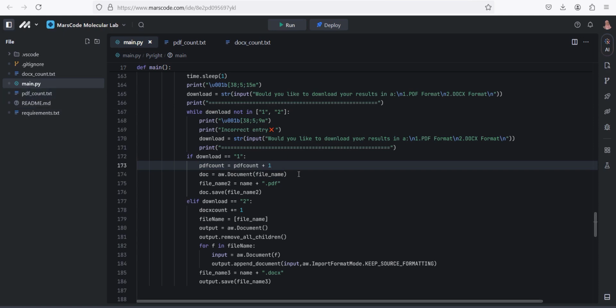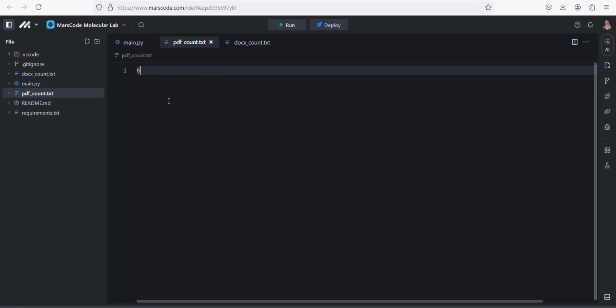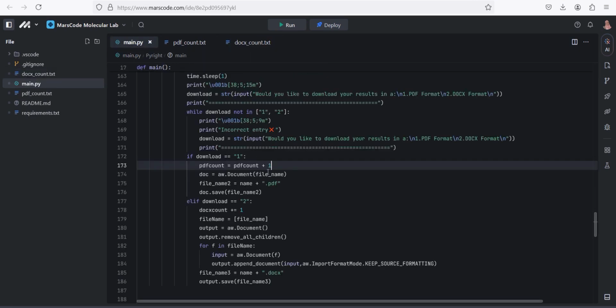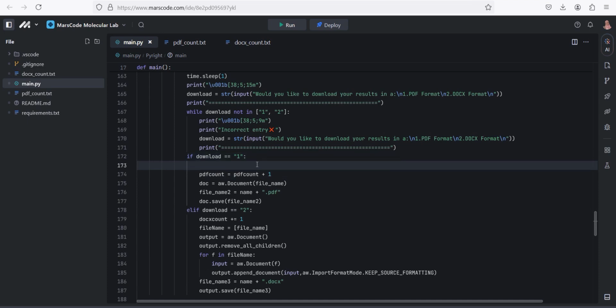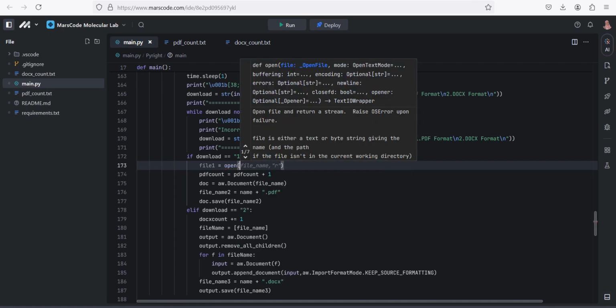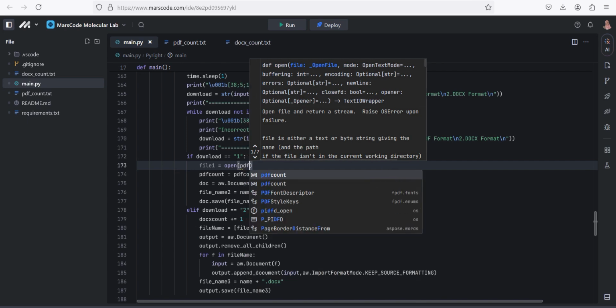So imagine we have in the PDF count the number initially at 0, right? So the number is initially 0. Same thing for the docs count. The number is initially 0. Now, whenever we go back to our program, we're going to read that information. So we're going to create a variable called file1 right here at the top, and we're going to say open. And what are we opening? We're basically just opening the file. In this case, since it's PDF, we're going to open PDF, we already know the name,